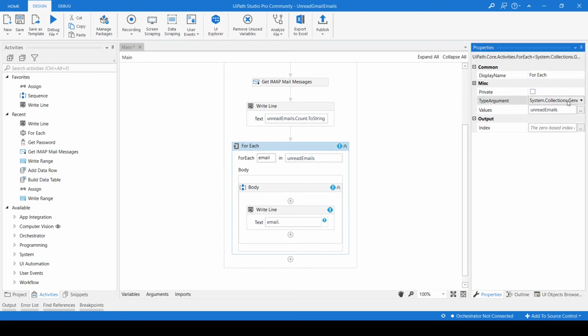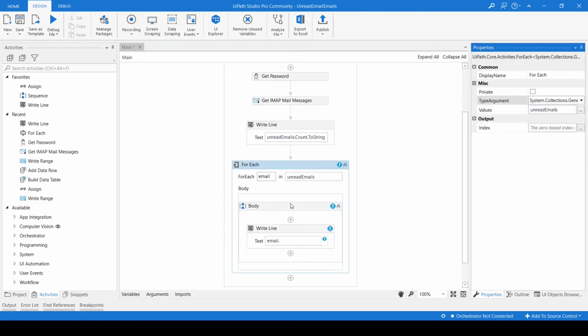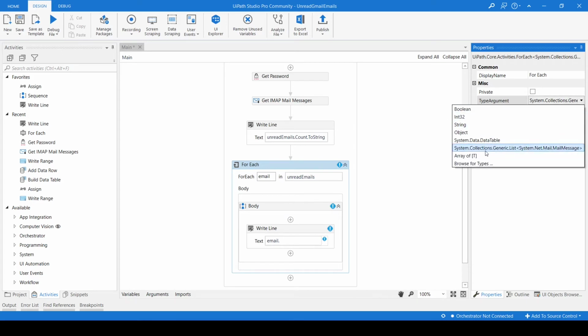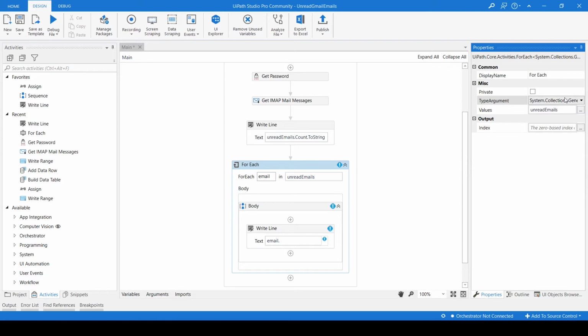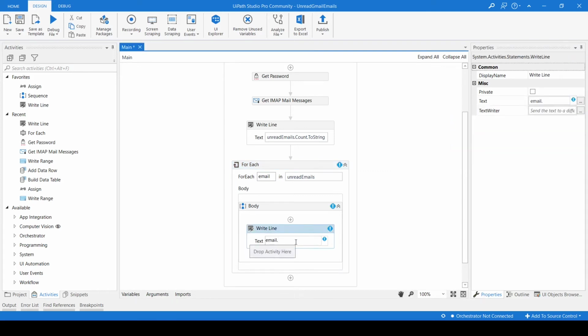Because we changed this argument type. Now we have stored into a special type of object, so we are getting the special type of properties here. But my requirement is to read the subject. Let me type Control Space, subject.